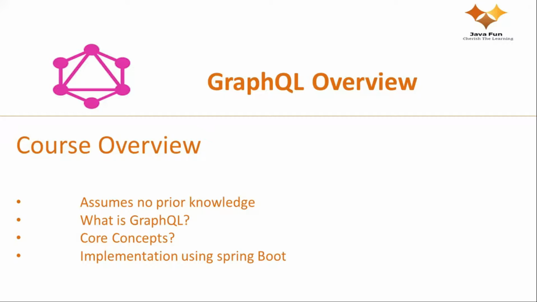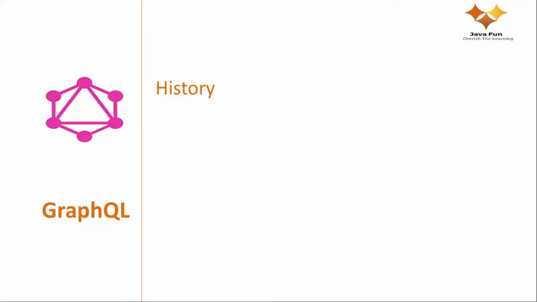In this series, we're going to talk about two main implementation strategies for GraphQL. Those two implementation strategies are something called a schema first approach and the code first approach. We're going to create our Java programs using both of these implementation strategies. Okay, so for GraphQL, we'll see what is the history of GraphQL implementation.